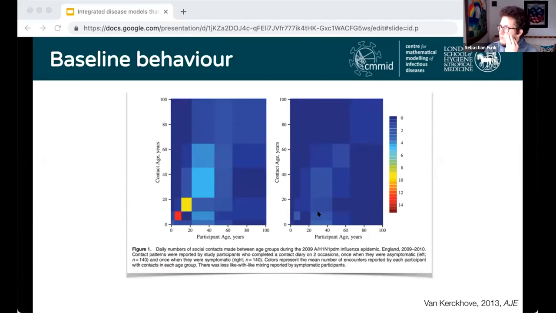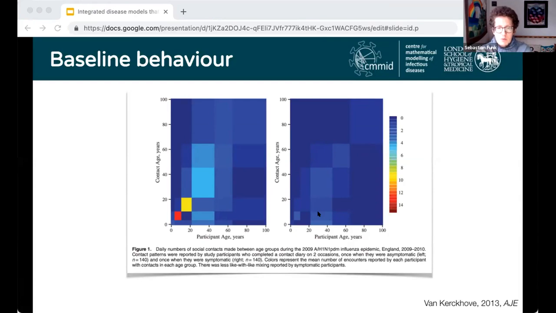As you're probably all aware, there have been huge discussions around COVID-19 and lockdown policy and whether lockdown was necessary. The question is always, what would people have done if it hadn't been for lockdowns? And I don't think we have a good handle on this, partly because in all the settings where we have collected data on contact behavior, such as in the UK, usually the epidemic was mitigated through lockdown or related policies. And so we haven't, mercifully in this case, observed an unmitigated epidemic.